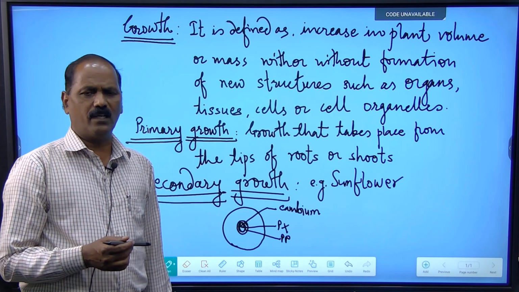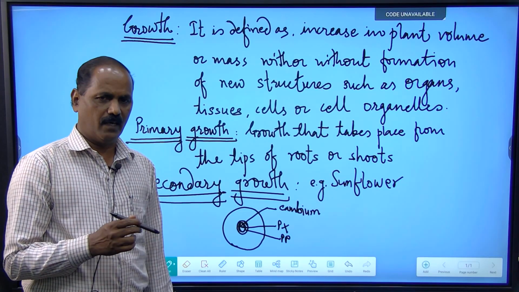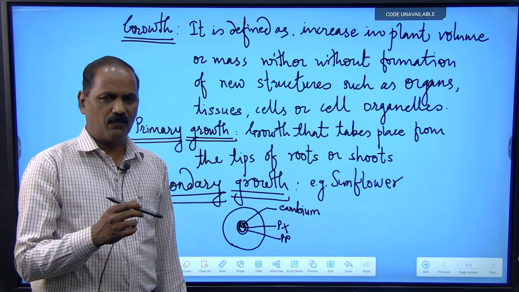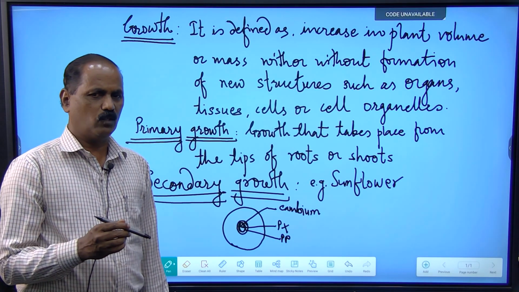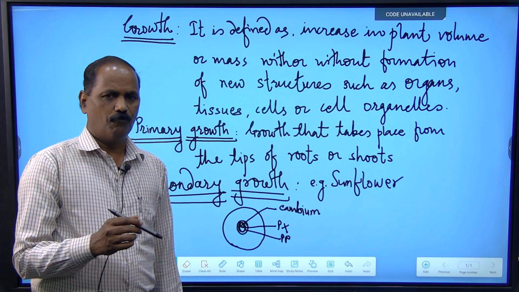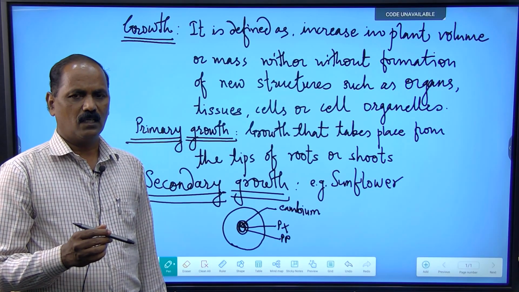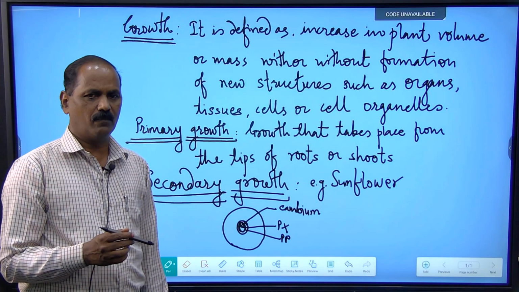This is the activity of cambium, and the cambium lies in between xylem and phloem. The xylem and phloem which are first produced inside the stem are the primary xylem and the primary phloem,